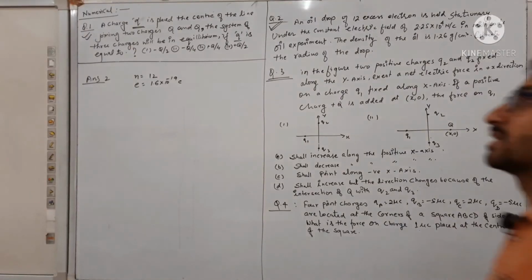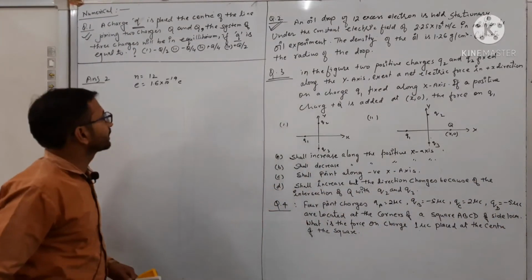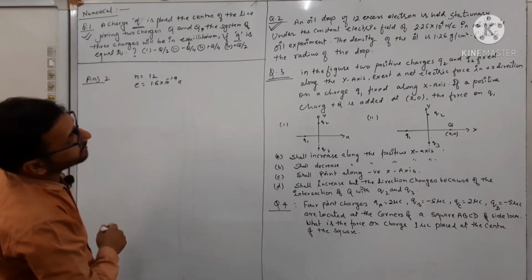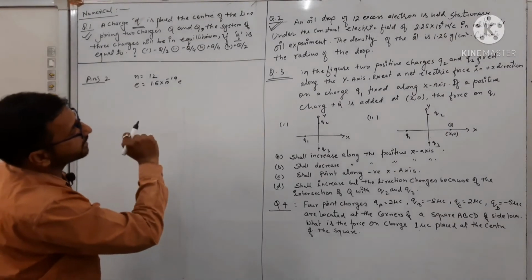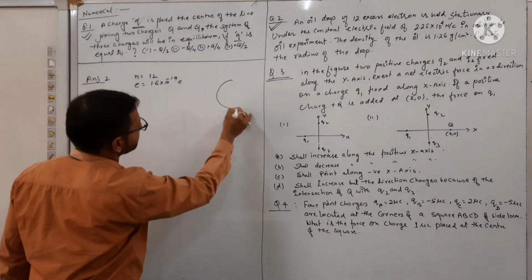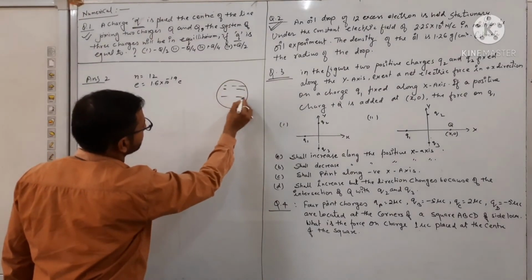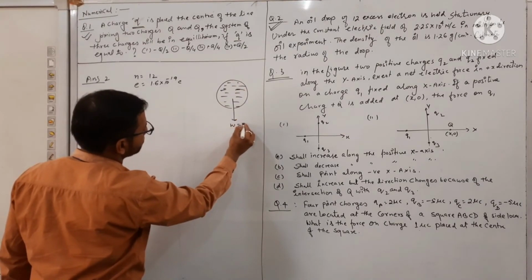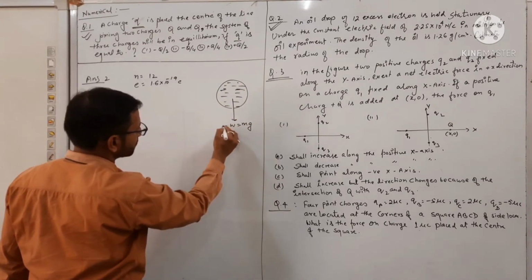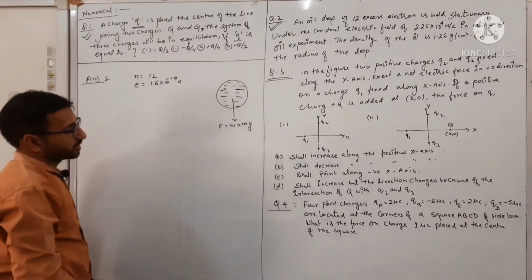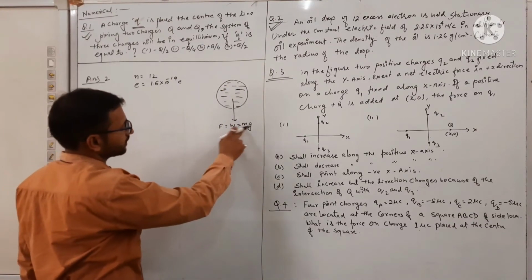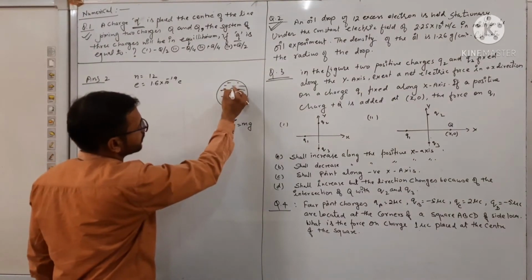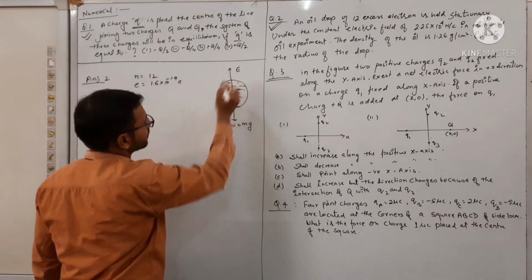Now the electricity came. Okay, so see here, n is equal to this, e is equal to this, and after that he said held stationary under a constant electric field. See, this is our oil drop, and its weight W is equal to mg, means the force acting vertically downward is its weight mg, and it is held stationary according to the question due to the electric field E.